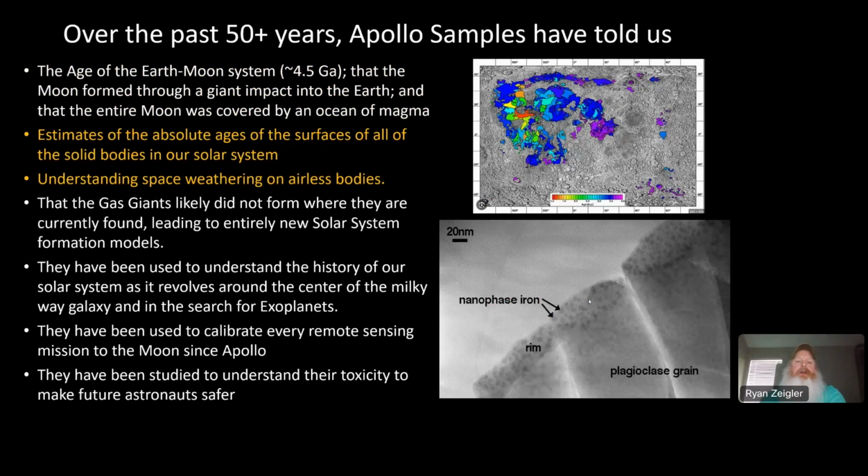And while the numbers are the best for the moon, when you see people talk about the ages of craters on Venus or Mars, absolute ages, all of that is tied back to the crater counting record from the moon. Similarly, as we understand how space weathering on airless bodies works, a lot of it is tied back to what happens on the moon. It's less and less the case because now we have Hayabusa and OSIRIS-REx samples. So we have samples back from other airless bodies, but the original understanding of how airless bodies space weathered and how they evolved came from the lunar samples.